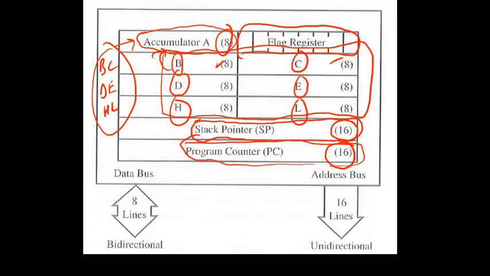The program counter register is a 16-bit register, and we can say it is guiding the processor from where to get the next instruction. Suppose we are writing a program, and this line represents the instructions. There are many instructions. When we execute this particular program, which contains many instructions, the processor starts from the very first instruction.